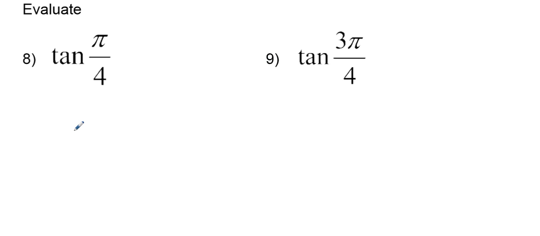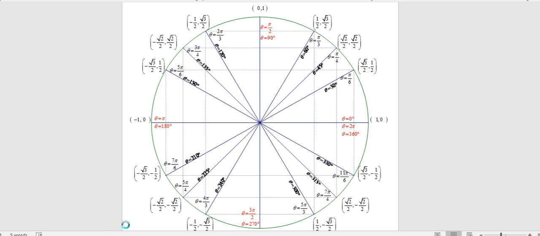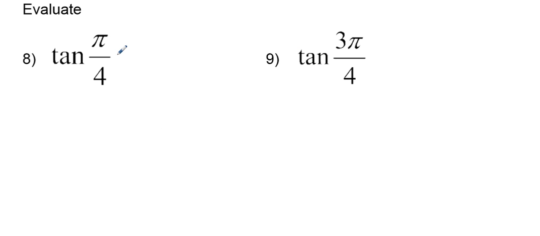Okay, so this is our third video on finding tangent, and this time it says evaluate tangent of pi over 4 and the tangent of 3 pi over 4. So, of course, we're going to go to our trusty unit circle, and pi over 4 is the same as 45 degrees. So this is the tangent